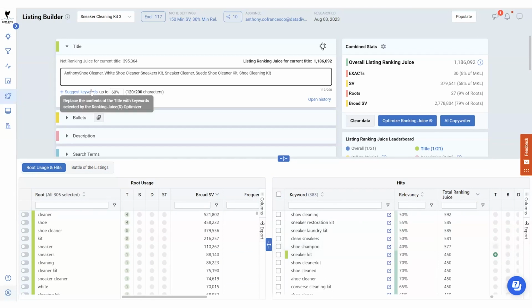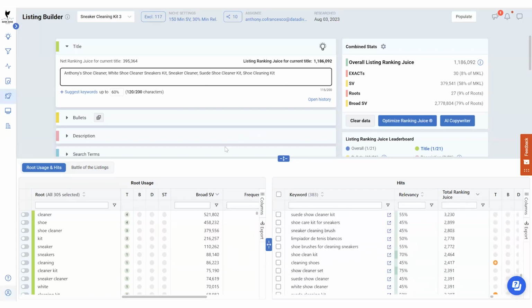And this isn't a title I would necessarily add straight into Amazon, but this is giving me plenty of extra space. I still have 60, 70 characters left in my title that I could use to make this more readable. I could do some different things just to help with the readability of the title so it's not so keyword stuffed. So this is a good starting point.